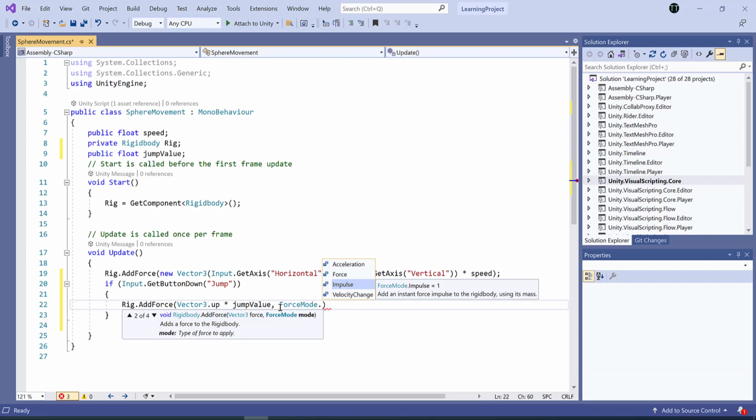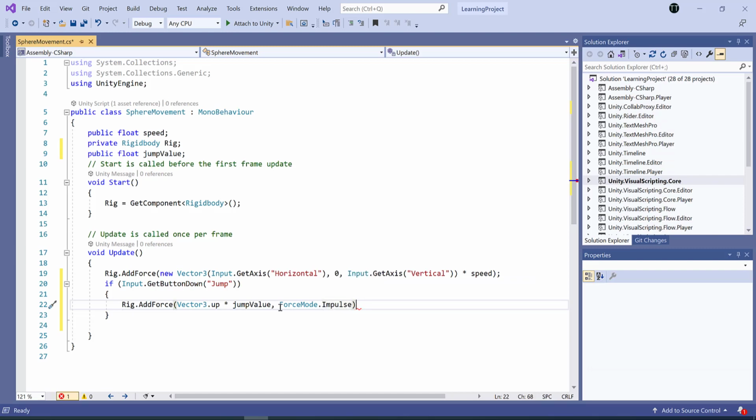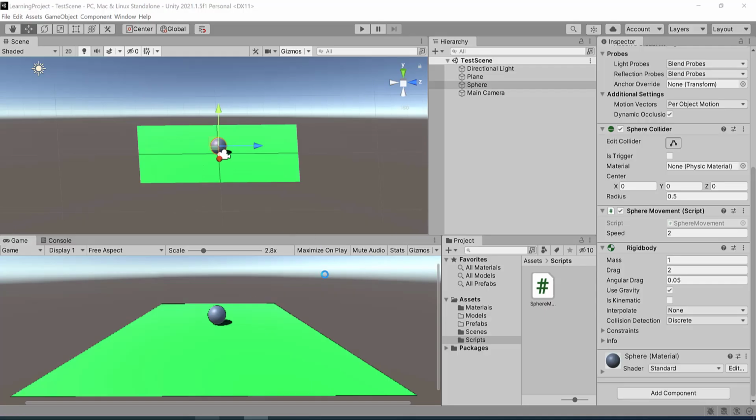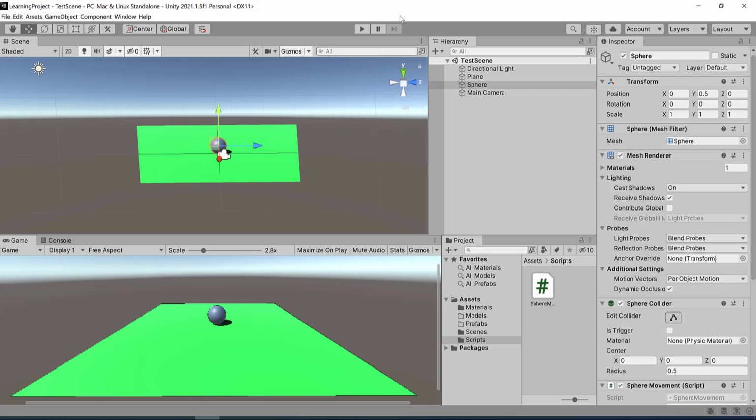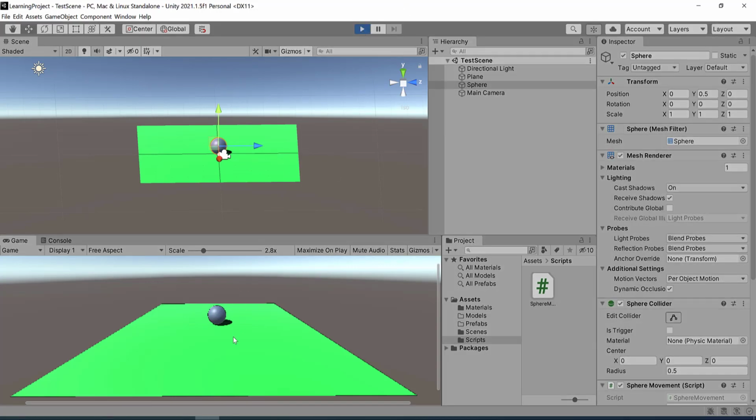We want the immediate jump effect to happen, so from the options given, we will be selecting Impulse. Impulse means it should immediately take a jump. End with a semicolon. Let's save the script, head back to Unity, run the project, and observe the output.